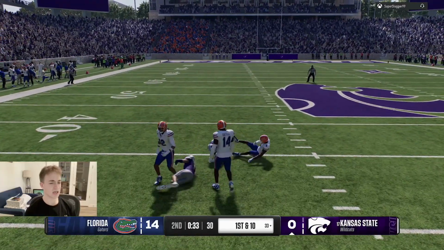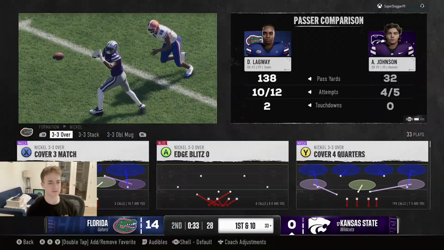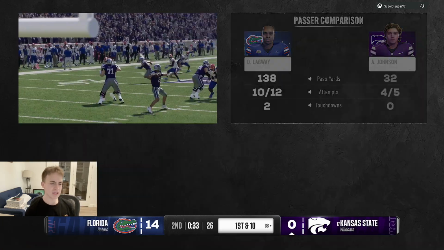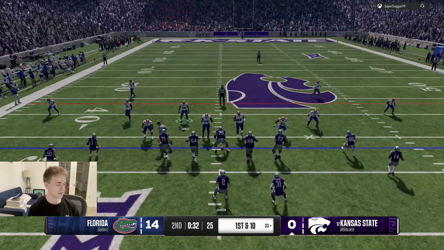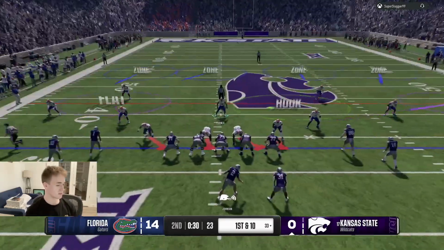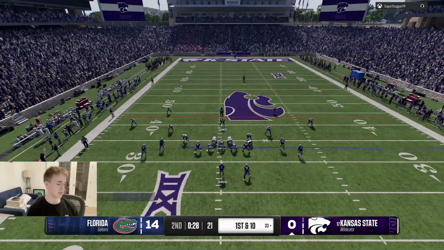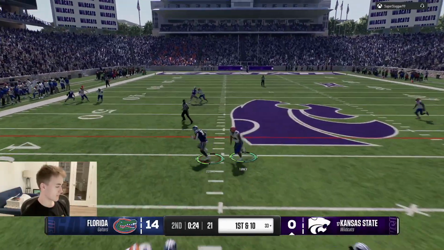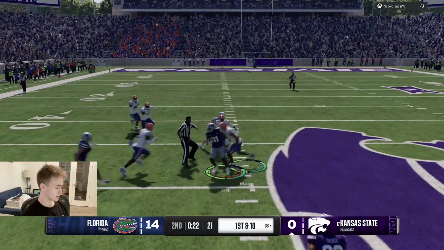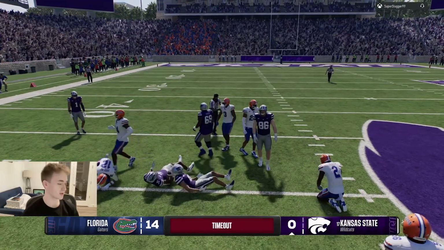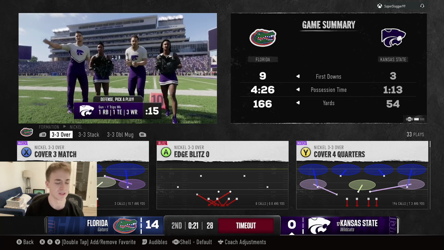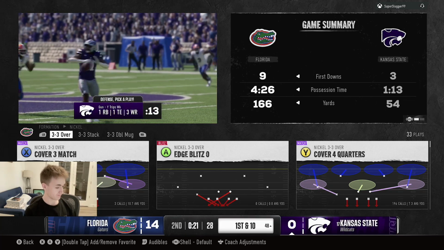I don't understand. You should not get penalized for making a conservative tackle. I was tapping A on my controller to make a conservative tackle. I was not actually using the right stick to flick him with a hit stick. So I think if I miss on the hit stick, sure, penalize me, but wow, he's quick. Just got to wrap him up here. He's going to burn his second timeout. I don't love timeout in that spot after a first down, but